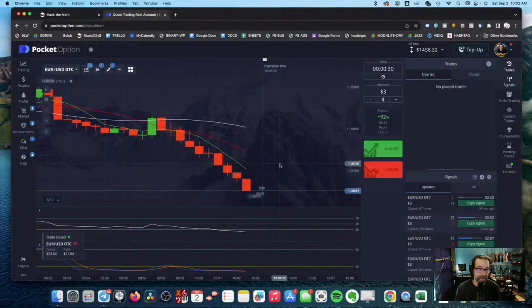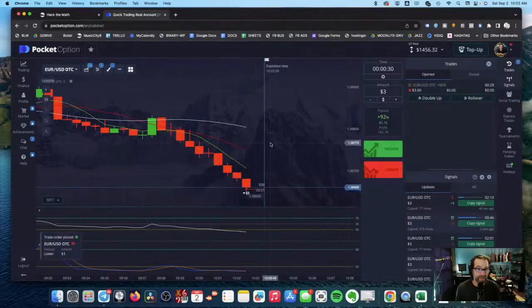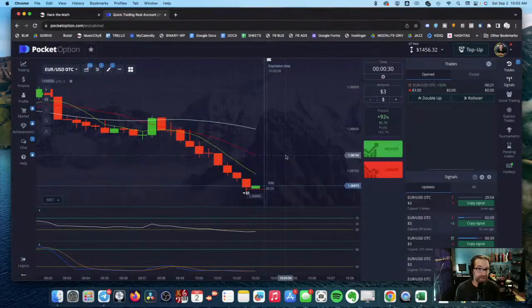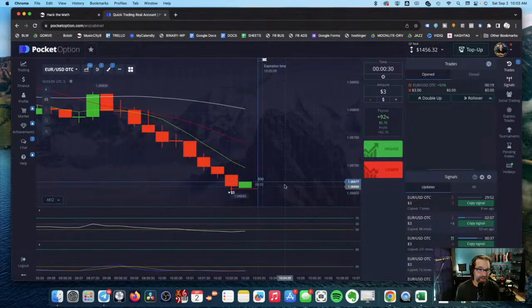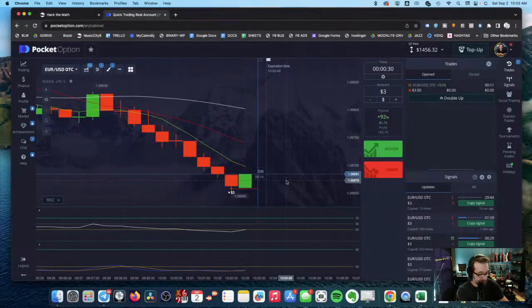Okay, 1459. So I'm going to go back to 3, and I'm just going to continue to take this downtrend, and we'll see. That was the next candle color. So if this goes red here, we'll be good. Got a little bit of a yak position on it, but this was a win, and this was 1459. Almost my 2%. I think what I need to do is really just go for that 2%, and then not,